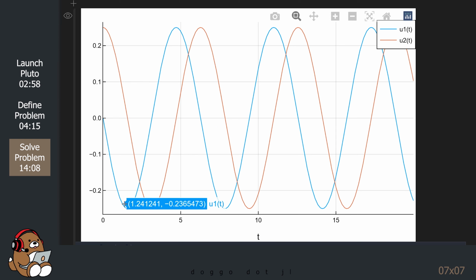Notice that the mass reaches its maximum velocity when the position is 0, meaning that the mass is moving the fastest as the center of mass is crossing the equilibrium position. The values are still negative after the center of mass crosses the equilibrium position, but you can see that it's starting to slow down. In fact, the velocity reaches 0 when the position reaches negative 0.25, which is the maximum position to the left of the equilibrium position.